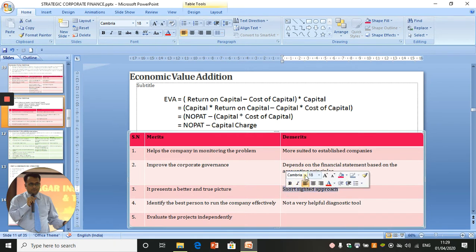Short-sighted approach, because you're looking for just present value creation and making the decision, and not a very helpful diagnostic technique, because of all these factors. And also there are many other factors which are very important, except value addition as well. For example, the employee welfare. So the next one is